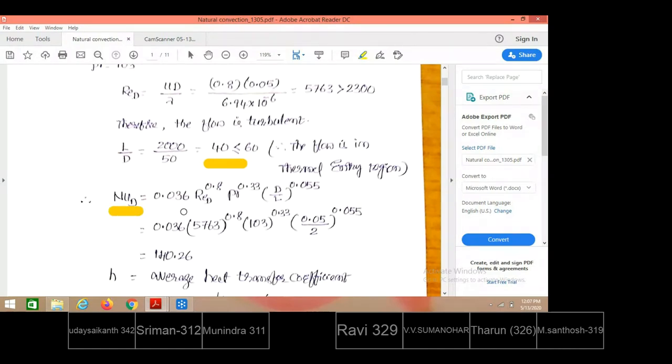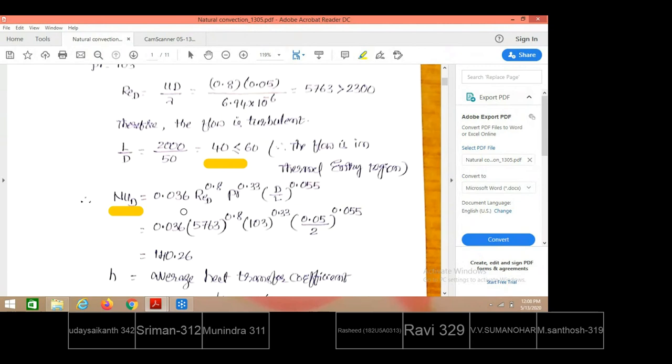First of all, you must list out the flow conditions. What are the flow conditions? Whether the problem is a forced convection problem or a natural convection problem, that is one condition. Whether the flow is external or internal. Then whether the flow is laminar or turbulent. Whether the flow is in the thermal entry region or the fully developed flow region. What about the Prandtl number value? Is it greater than 1 or less than 1? Less than 1 is considered for liquid metals. Greater than 1 is considered for highly viscous fluids like lubricants flowing over the surface. So we must see whether the Prandtl number is greater than 1 or less than 1.